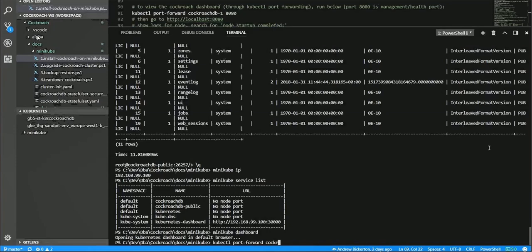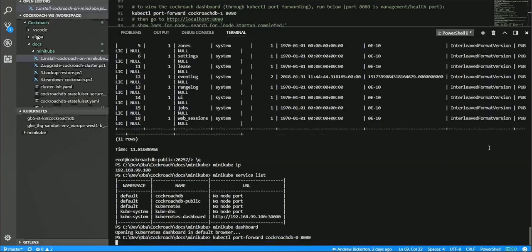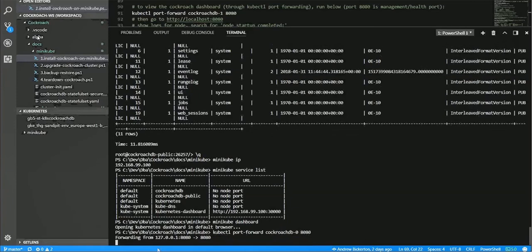So by port forward, pick a pod name. If I put 0, I can mark which port number I want to port forward. Now that starts up in this one single thread, and it says I'm going to port forward 8080. So if I go back,